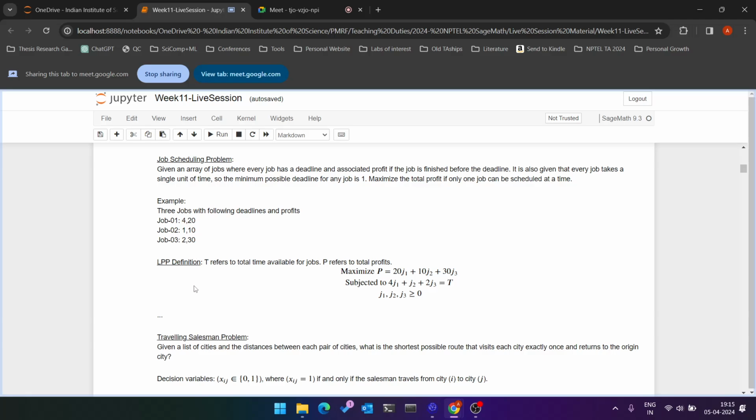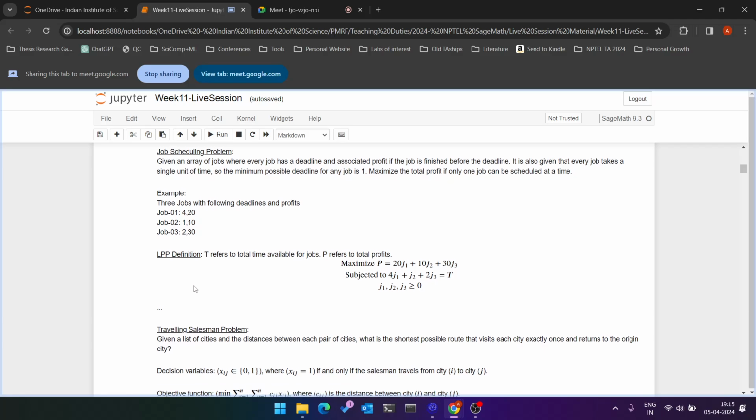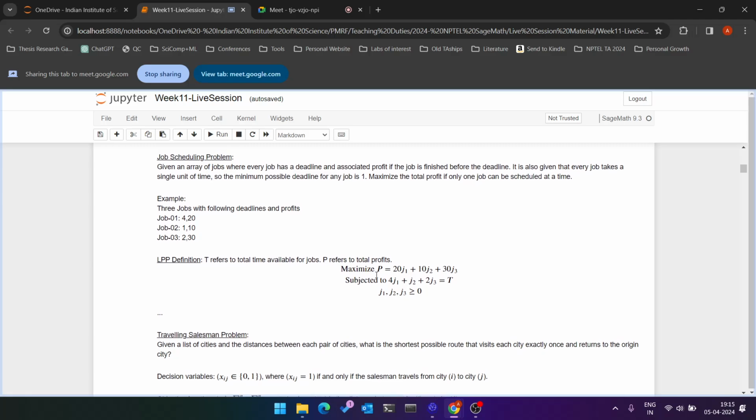So then we can define our linear programming problem as, let T refer to the total time available for the jobs. Suppose you have 1 hour, so T would be 60 minutes, and let P refer to the total profit. Then we want to maximize the profit P, which equals 20J1 plus 10J2 plus 30J3, where J1, J2, J3 are the number of times job 1, job 2, and job 3 are run respectively, subject to the constraint 4J1 plus J2 plus 2J3 equals T, with J1, J2, J3 all being